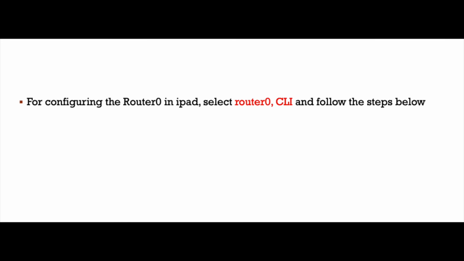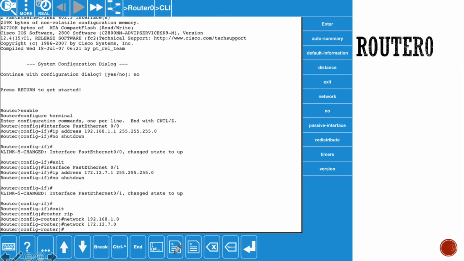For configuring router 0 on Packet Tracer, select router 0, click on CLI, and let's follow the next steps. So once you click on CLI, you will get a window like this. It will ask you, would you like to enter the initial configuration dialog? No. Then after that you have to enter enable. After that press enter. After that type configure terminal, press enter and enter the below details,